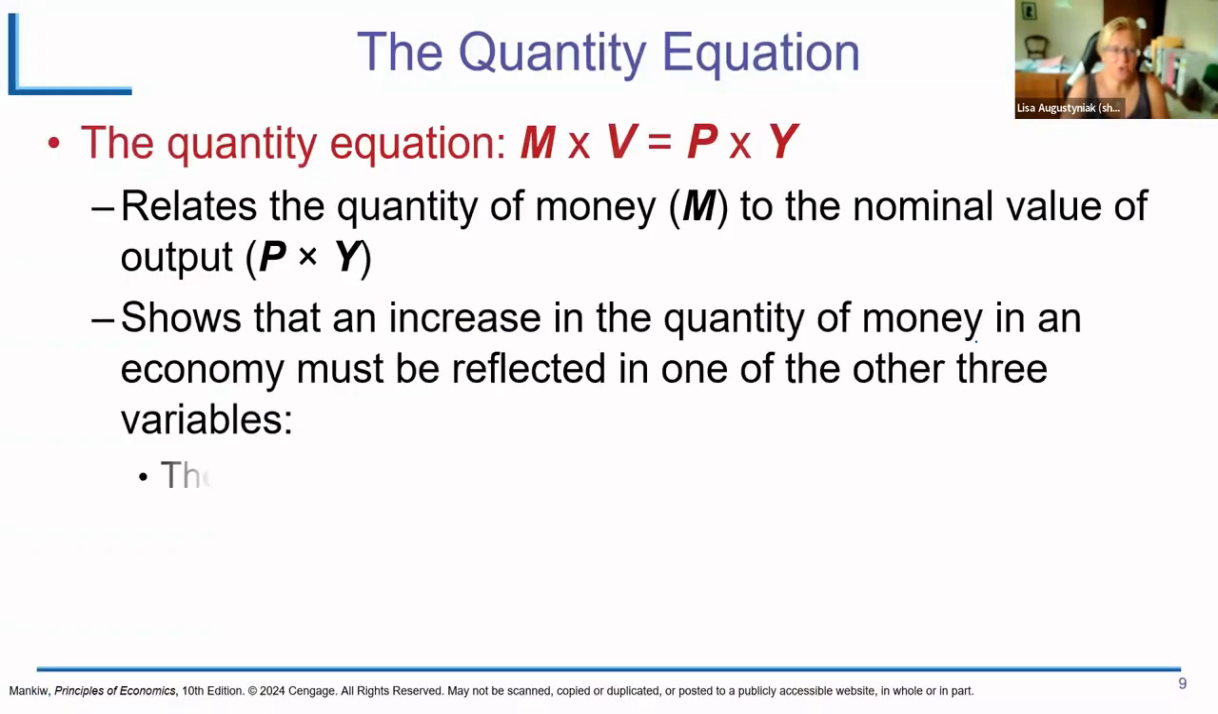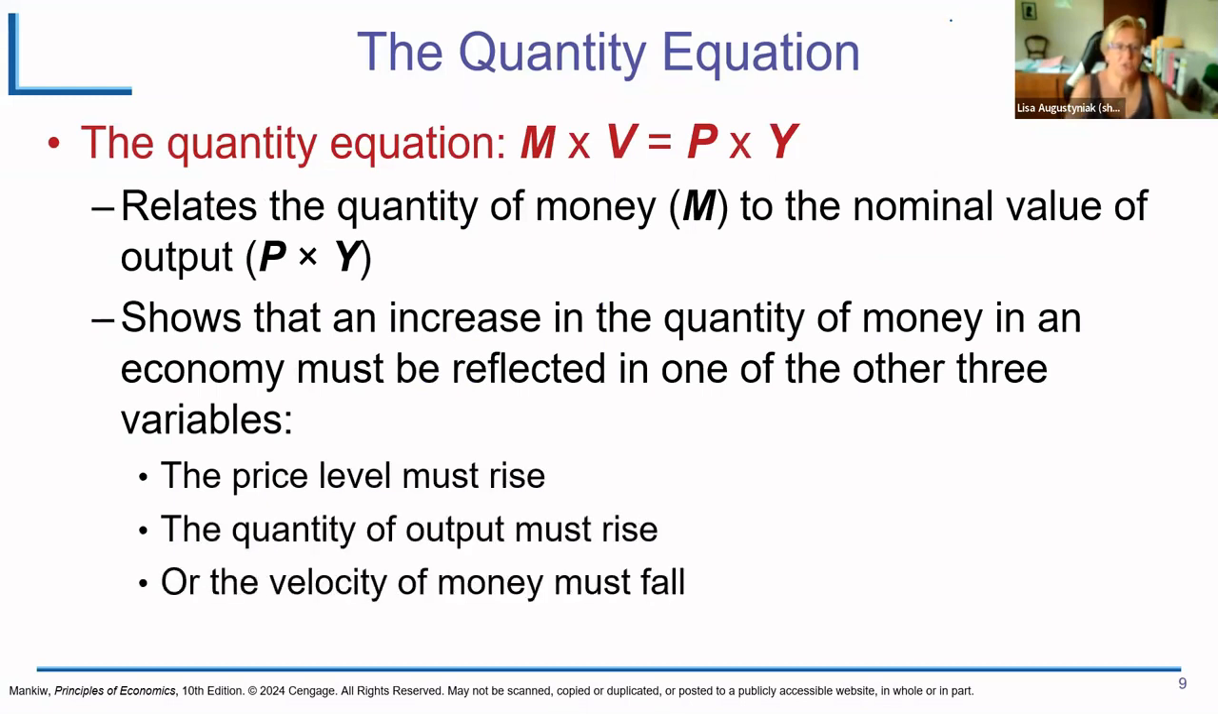Now, we can rewrite the velocity equation into the quantity equation. On this side, we have the money supply, times the speed with which money changes hands, or how many transactions that money supply is being used for, equals the price level or the CPI, times real GDP. An interesting equation to look at: whatever we do to one side of the equation, we have to do to the other side. So if we're on an expansionary monetary policy and we increase the money supply by, say, 20%,